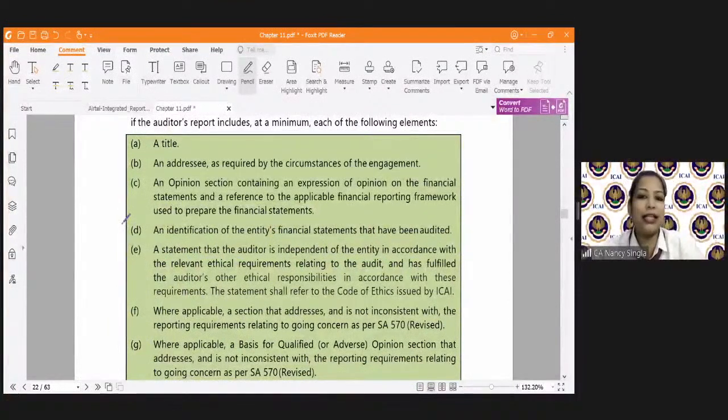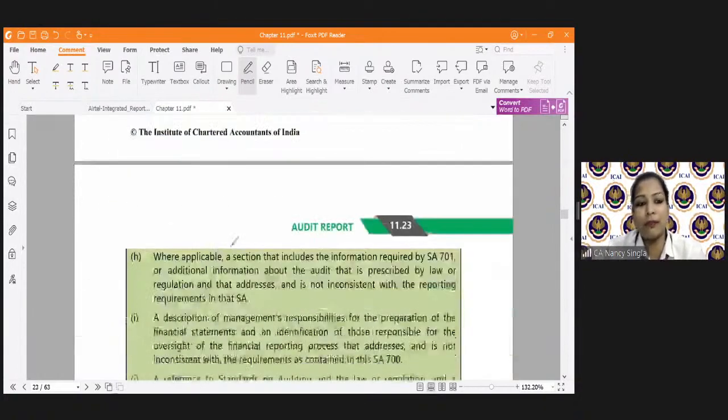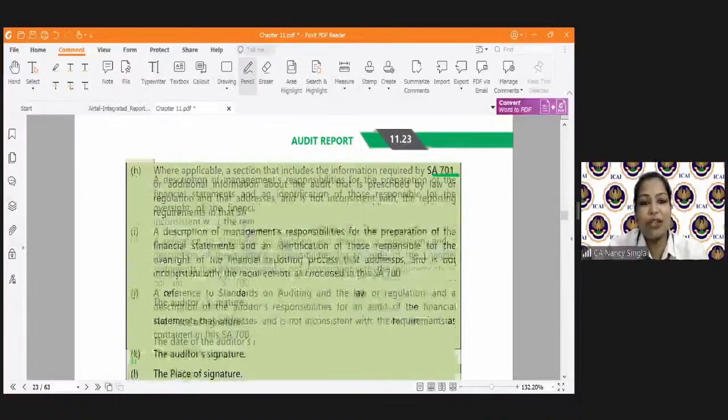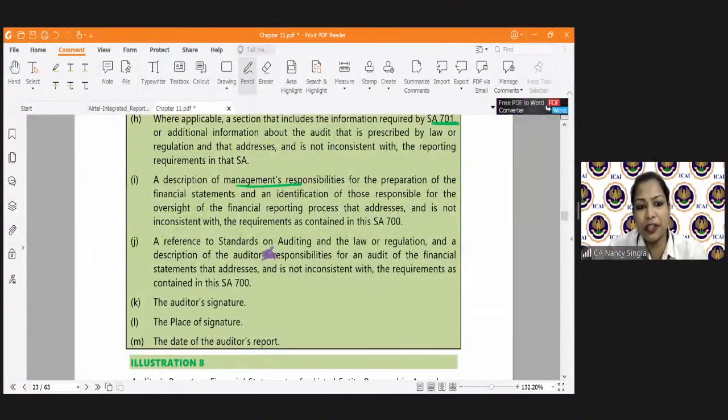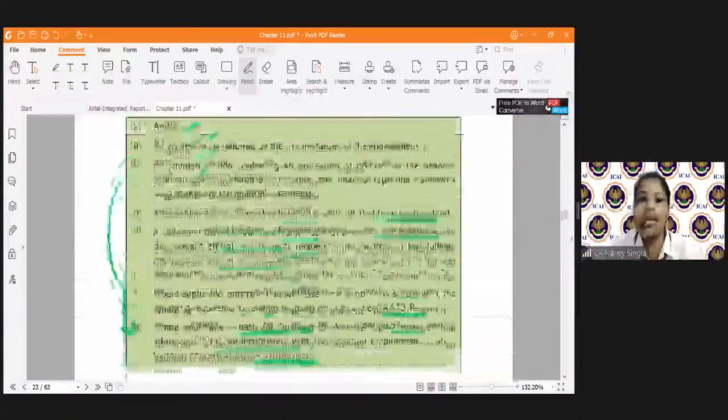You will see all the things that we have discussed earlier. Title should be there, addressee should be there, opinion should be there. You should mention that the financial statements have been audited. Then you will see that independence laws, ethical requirements should have been met. Then SA 705, basis of qualified and adverse opinions, and then SA 570, that is material uncertainty. See, it is not saying that opinion paragraph should be followed by your basis of opinion, right? So SA 701 should come, management's responsibility should come, auditor's responsibility should come, and everything is coming, whatever we have discussed. However, see,